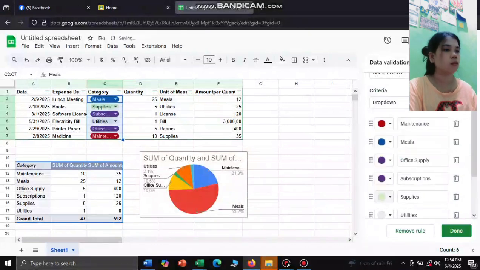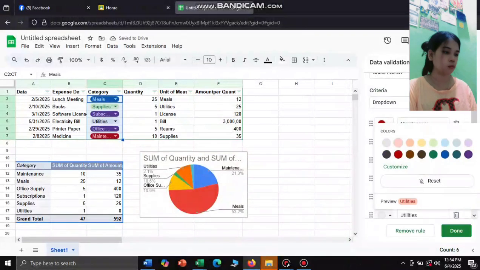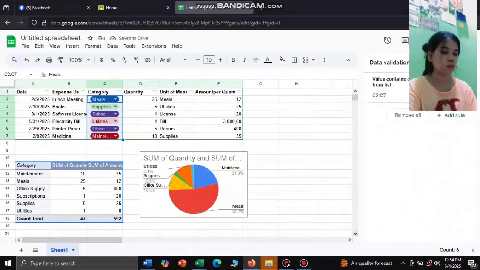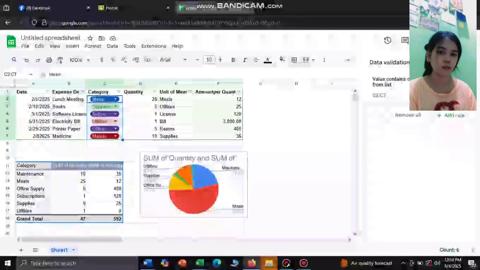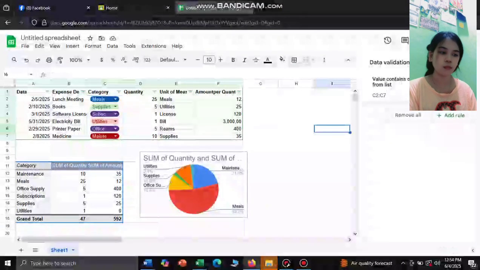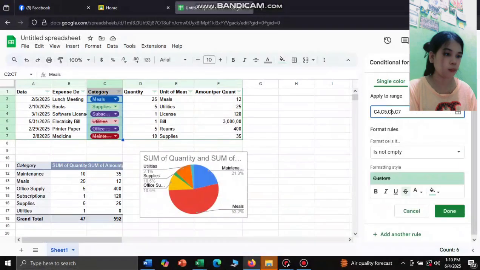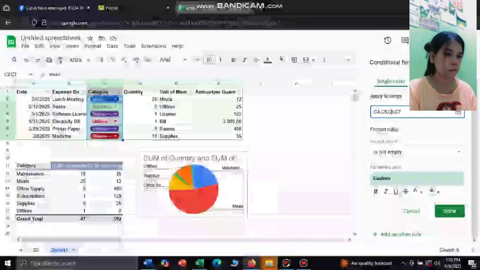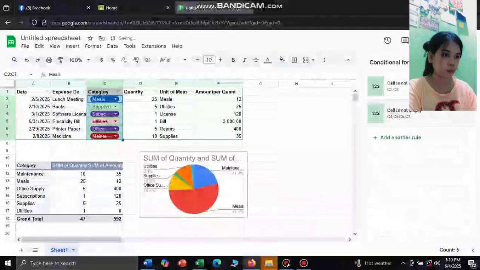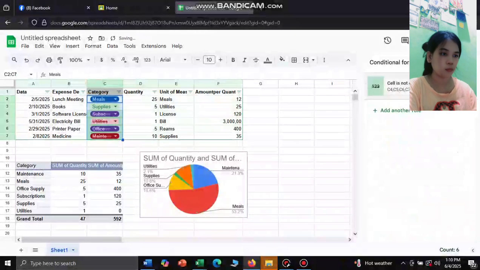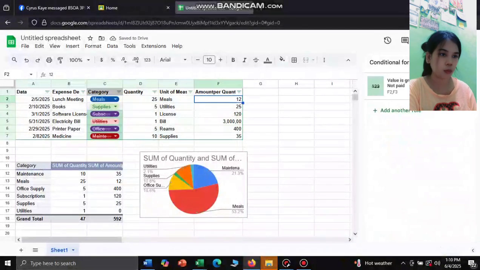So next we will sort the table. So highlight this table and go to here, create a filter, and that's it. We'll sort it to the Z. So next we will do sorting and filtering of the data in the pivot table. The next is we will do filtering of data in the pivot table.